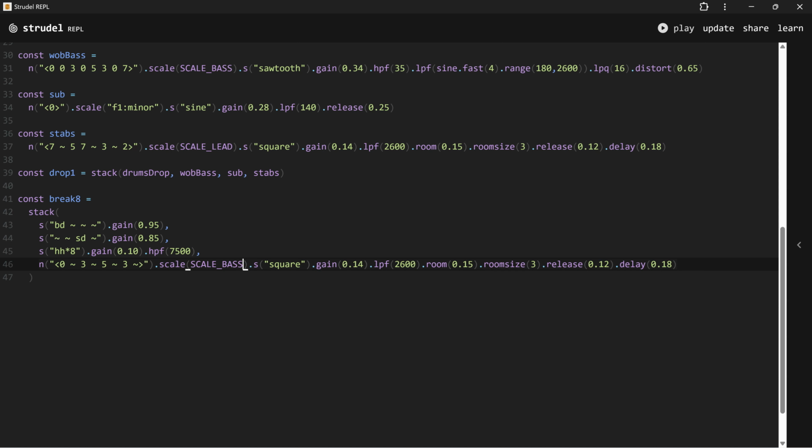And after that, we want to use the sawtooth shape with gain of 0.33, high pass filter at 35. So we just change the high pass filter. And then we have a